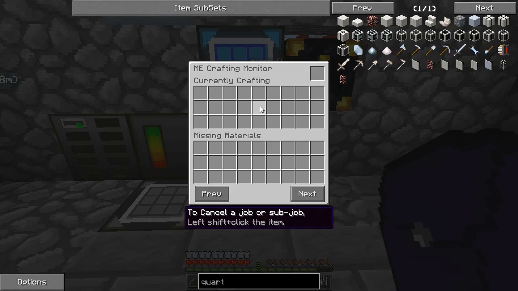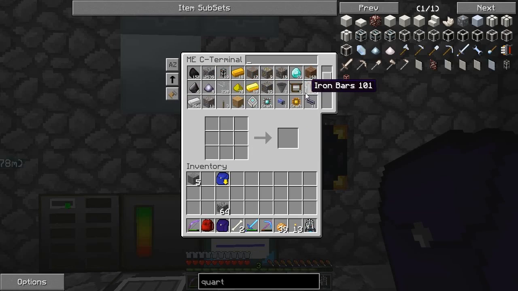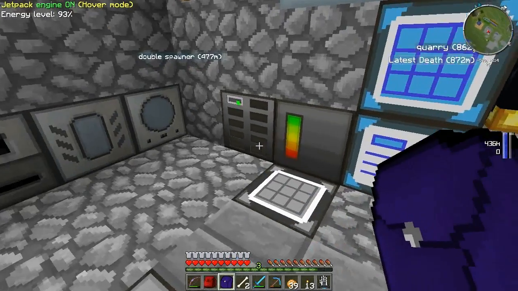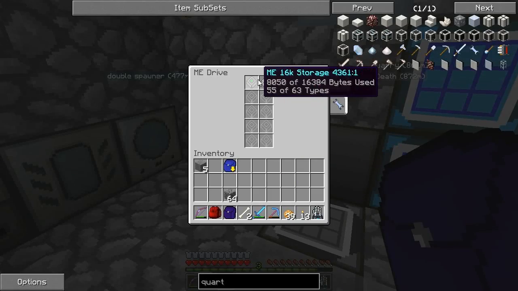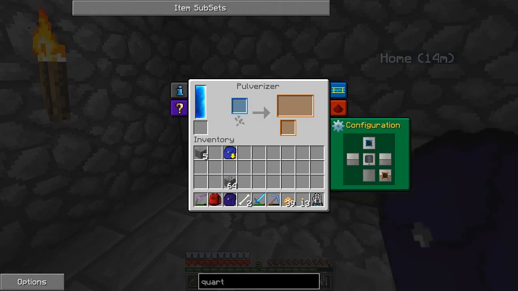Just have a quick look what we need. So we're done, I think. There we go. There's the 64. We'll just chuck that in there, and now we have lots more storage. So once these are finished,